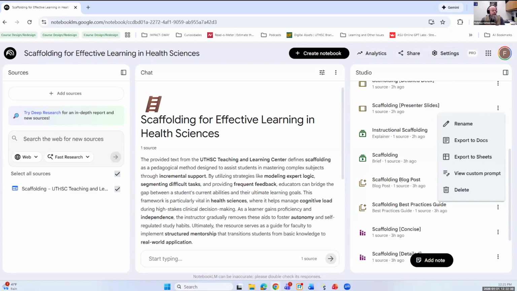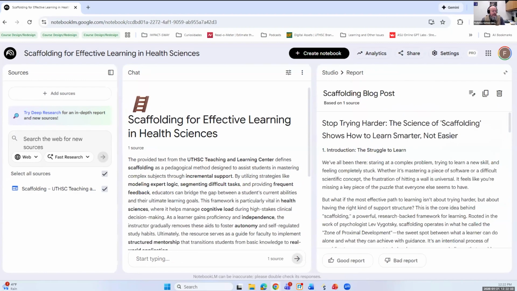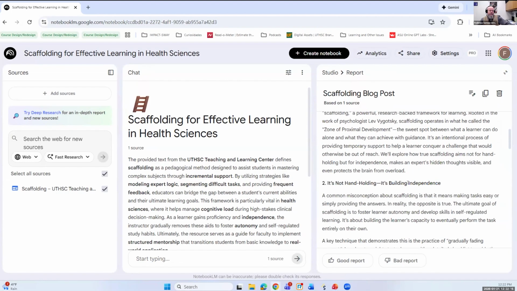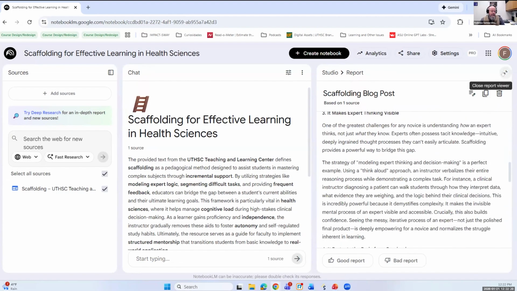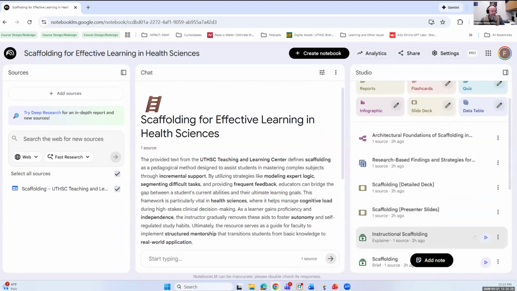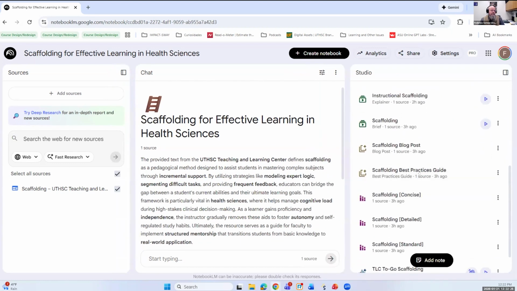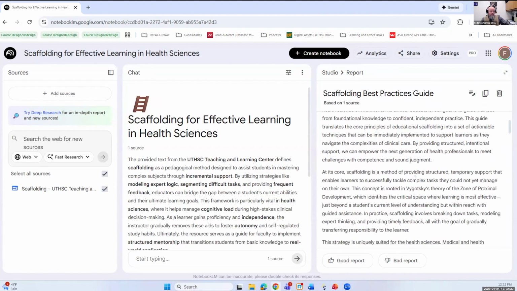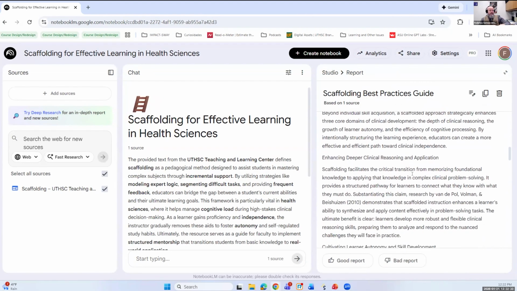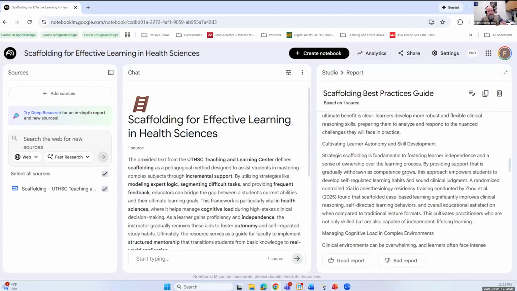But I generated a blog post for these, and the language is very blog post-like. So, I can then download these and then modify things that I want. But it's very much about catching the attention, but still dealing with the elements that are foundational. And if I generate another kind of document that I may need, like, for example, the best practices guide, it is a little bit more formal in how it addresses the language, how it breaks it down. So it is a very, very good, solid work of the text. In the end,